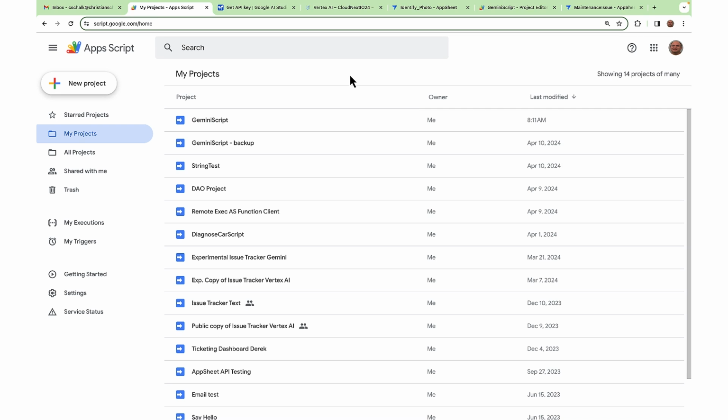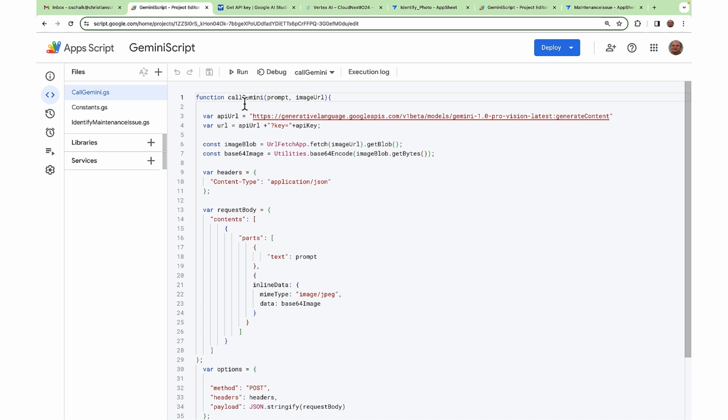Okay, so for our next demo, as we mentioned, we actually need to integrate Workspace, AppSheet, and AppScript. We'll start off with an AppScript project. So in this case, I happen to have an AppScript project that will contain the code to actually talk to Gemini directly. So I open the script, and as you can see, I have a function call here, Gemini, where